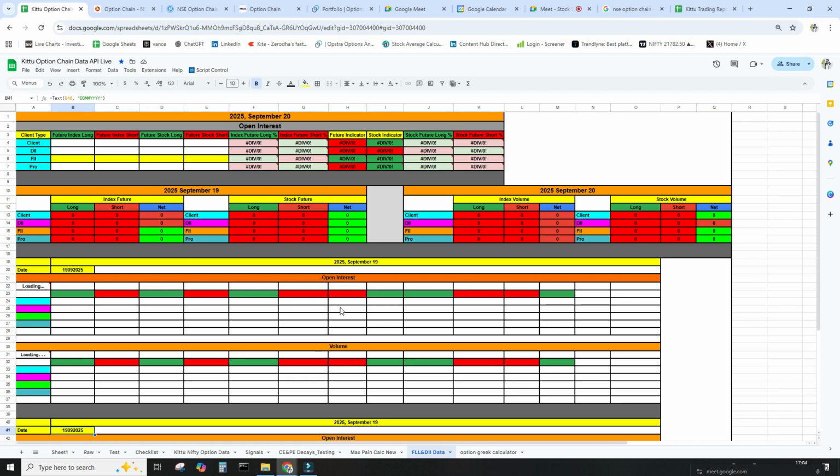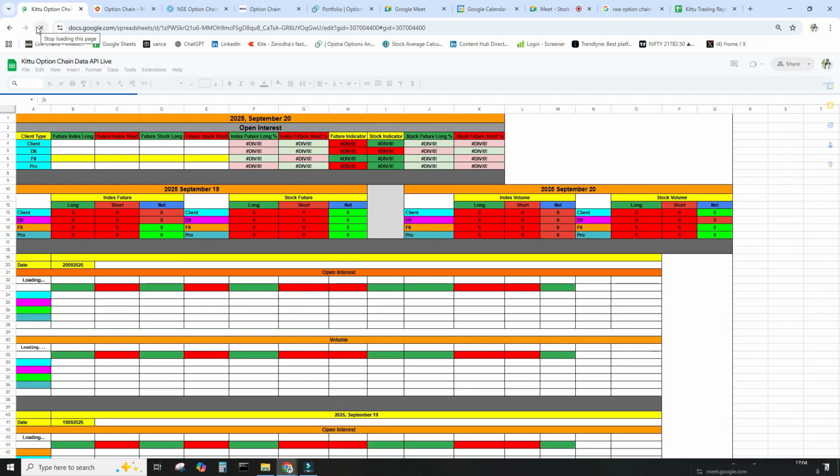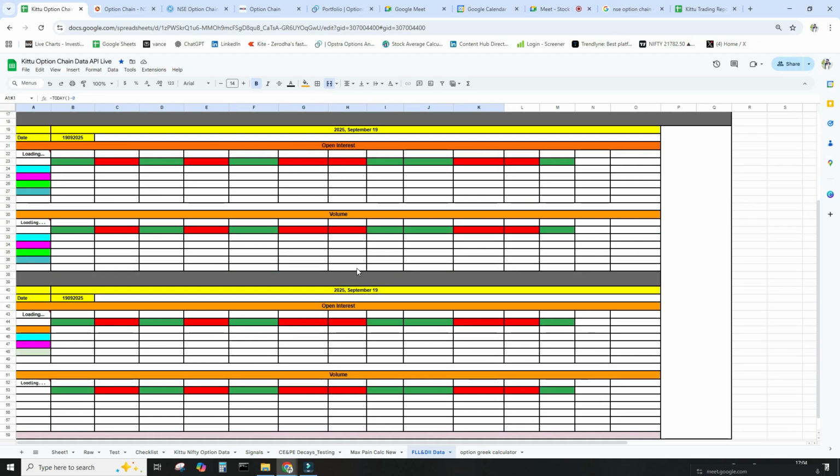Most probably we used to get that data here automatically. Then you can identify how much foreign investors are in long positions and how much they are in short positions. I think if I can get the number, I can explain much better. Okay, let's see. If you are in live trading, then automatically these numbers are going to reflect